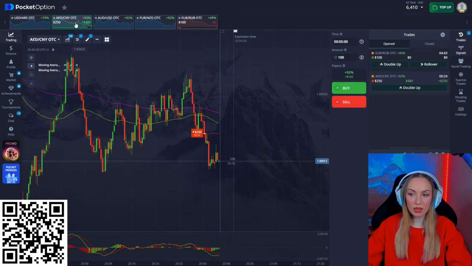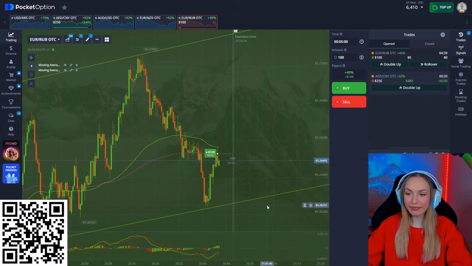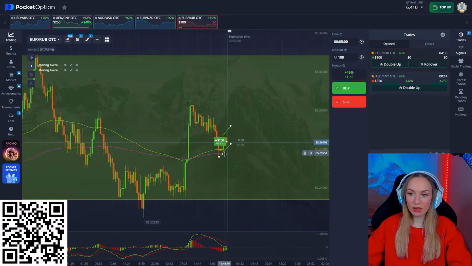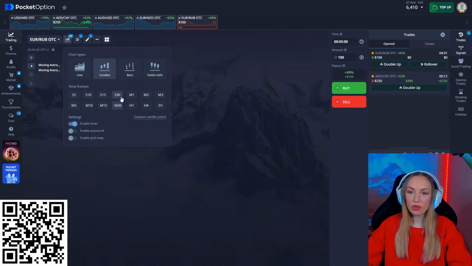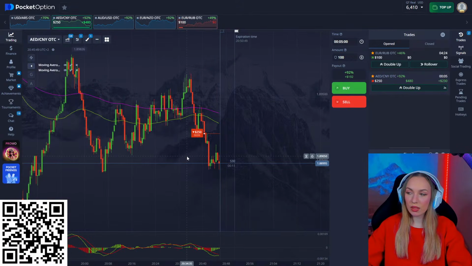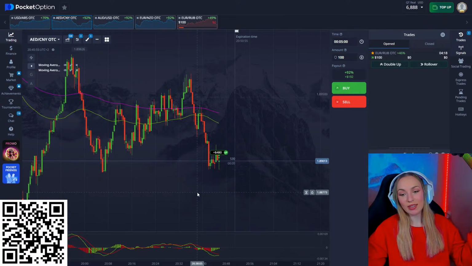So I hope that it's gonna go up. And this one is not gonna go up. So this one is moving in the upward parallel channel, but not for a very long time. So we're waiting there and here. The last 4 seconds and the profit is right there,